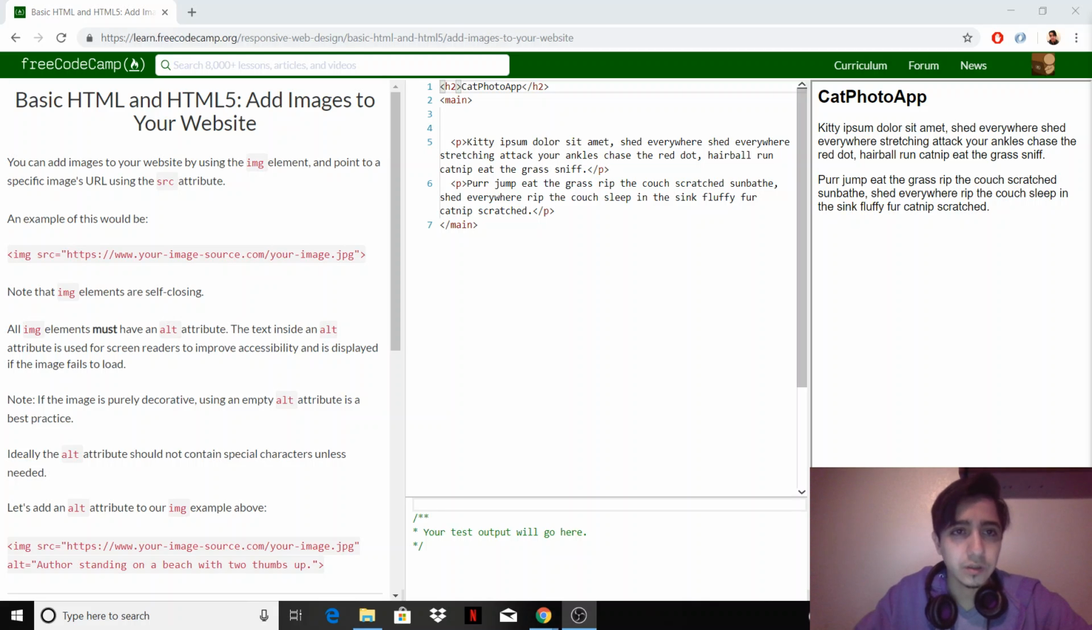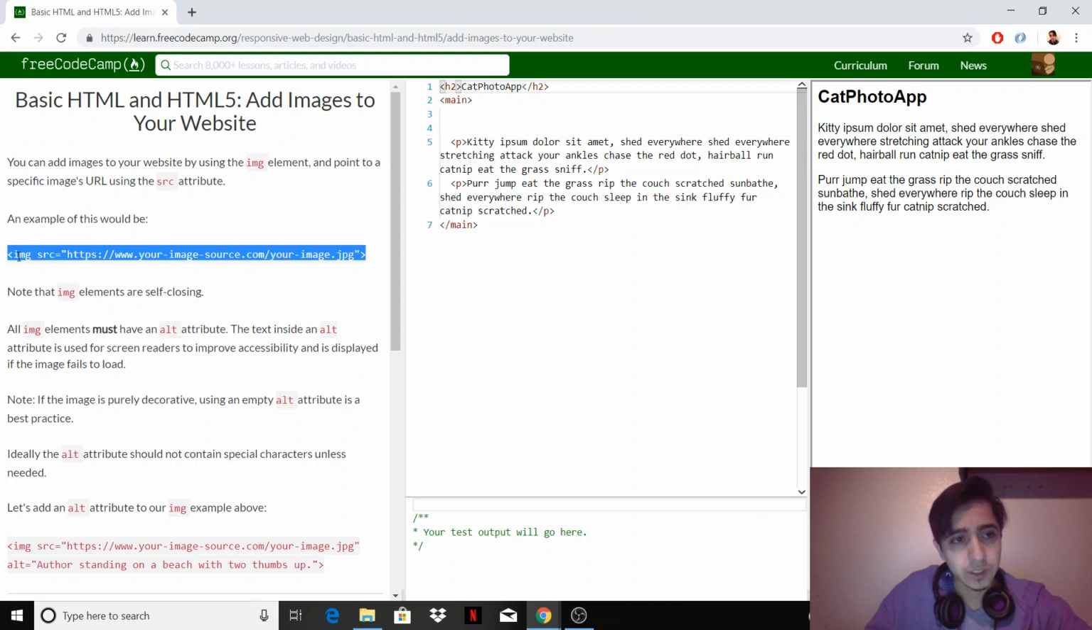Okay, so now we're working on adding images to your website. You can add images to your website by using the image element and pointing it to a specific image's URL using the src attribute, or source attribute. An example of this would be like this, where we have the image tag with the attribute called src, and it's equal to, or the source that we're getting our image from is right here,